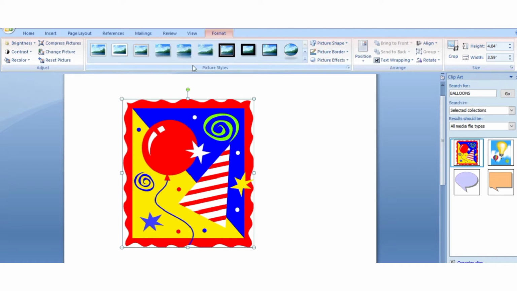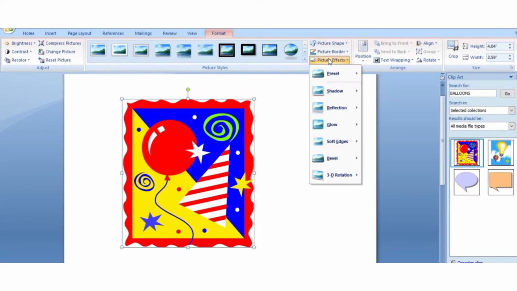Now you can see here in the picture styles you will find three options. First is picture shape, next is picture border, and last one is picture effect. As we are going to add an artistic effect, we will get all the effects under the picture effect option, right?